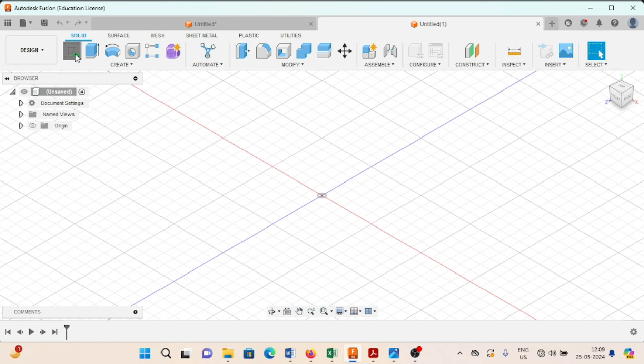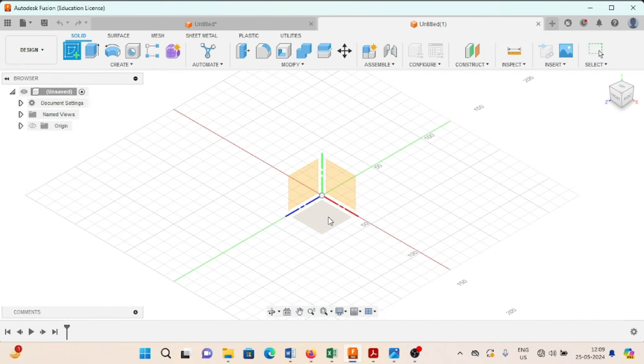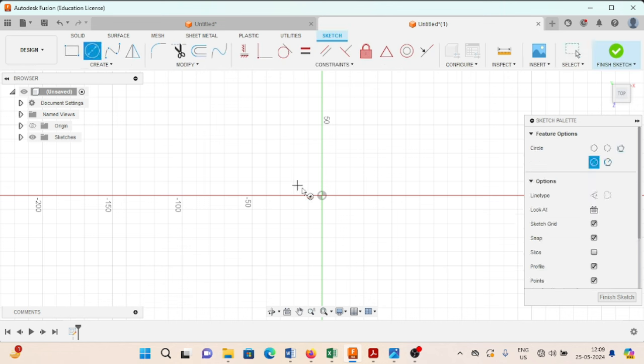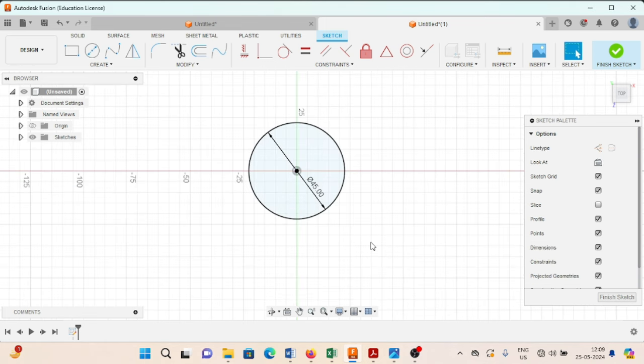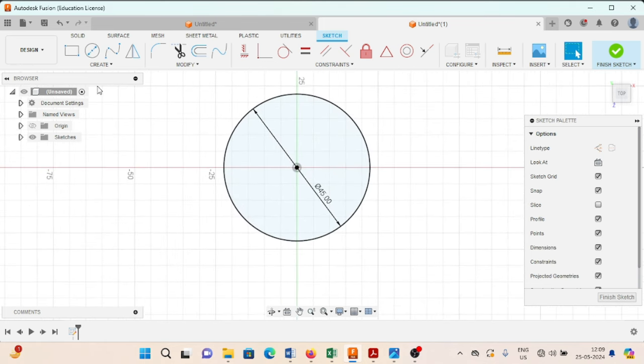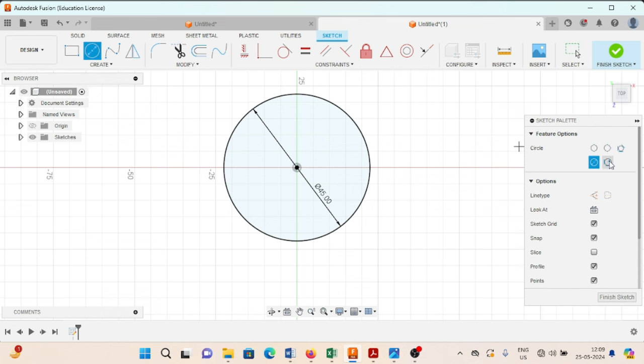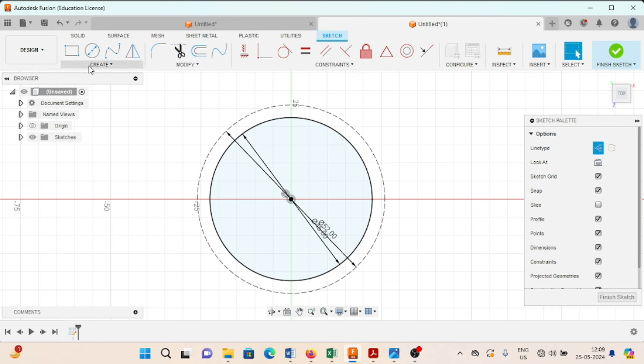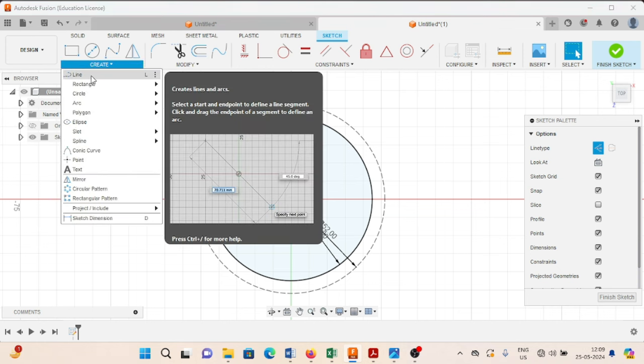So first go to create sketch, select this bottom plane. Now from here select this circle command, create a 45 diameter circle and create one more circle, that is pitch circle of 52, in this way. Now the next what we have to do is select this line,